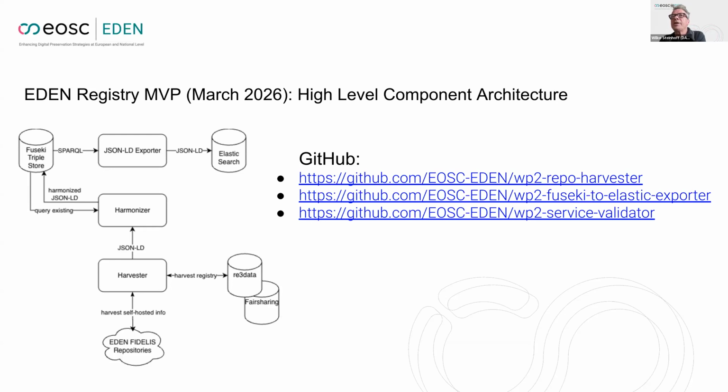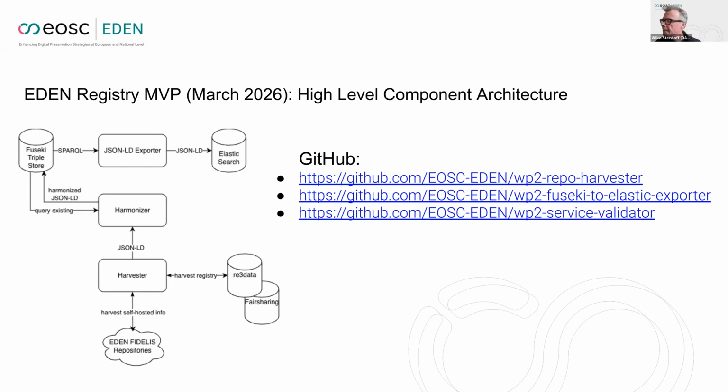Then the registry itself. This is a high-level component overview of the minimal viable product, which is at more or less technology readiness level 3 or 4. So it's not very high, but it should do the job. As you can see, we have more or less 3 GitHub repositories in which the code is stored for versioning. Going from the bottom to the top, we have